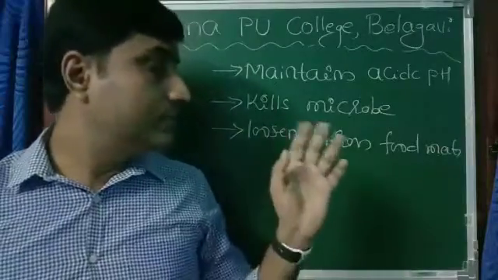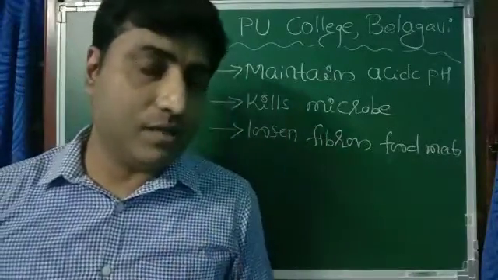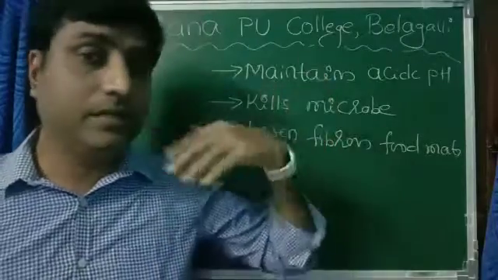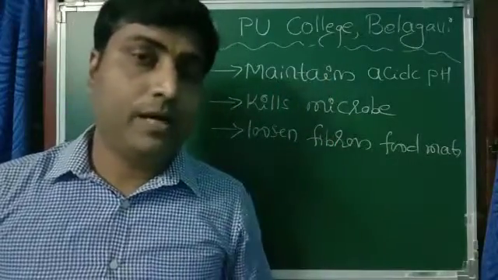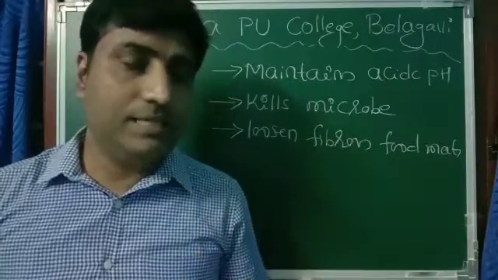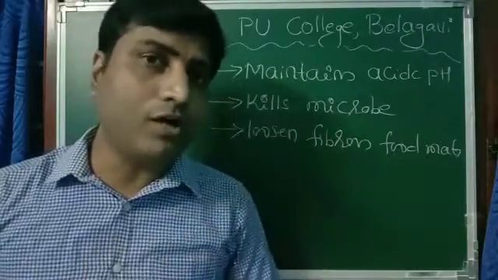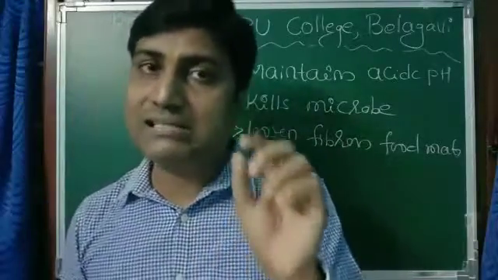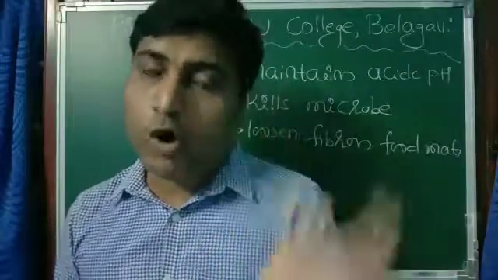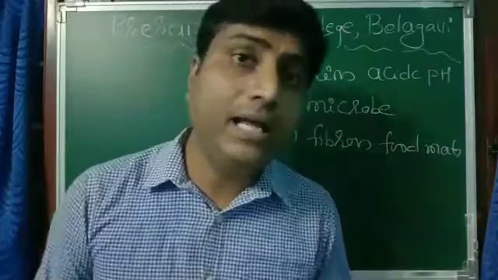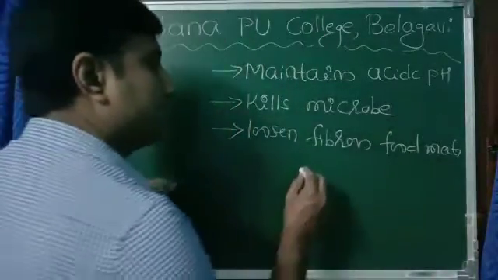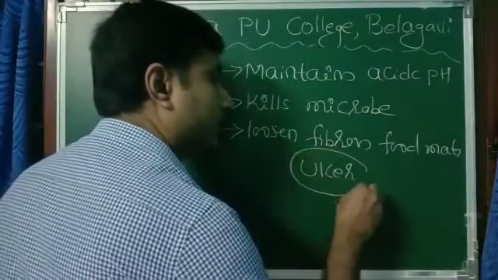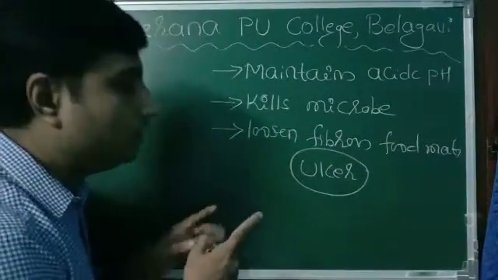Now, we should remember that sometimes we suffer from a problem called acidity. That is nothing but the release of this acid. When we suffer from this acidity, the best way is to drink lots of water so that the acid should move. Otherwise, that acid starts creating wounds to the wall of our stomach, and any wound inside our stomach is called an ulcer. It may lead to ulcer.